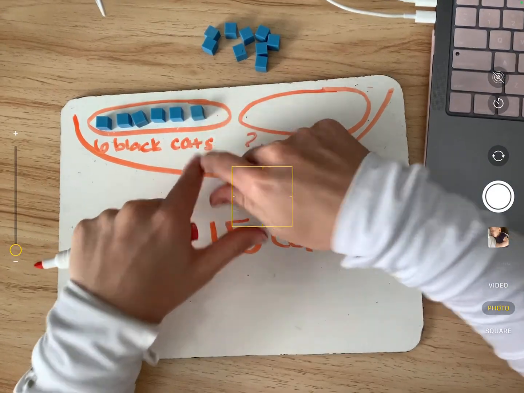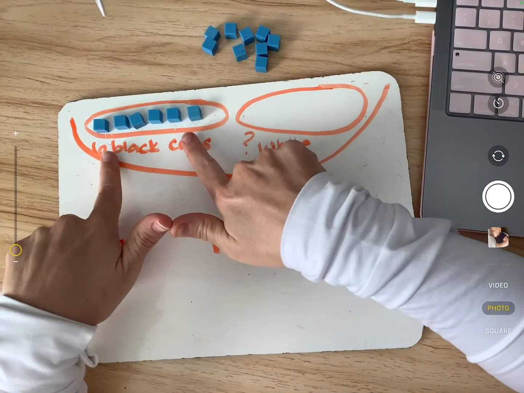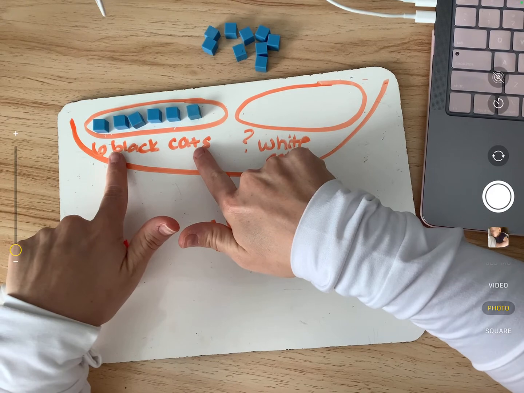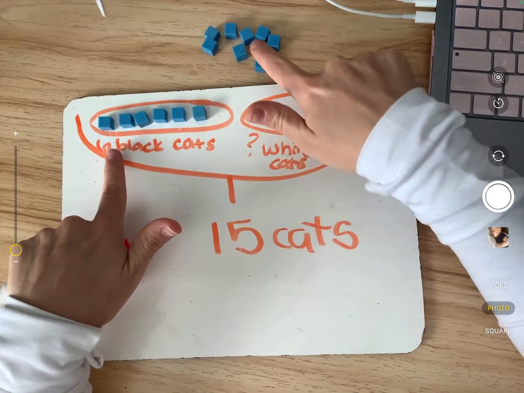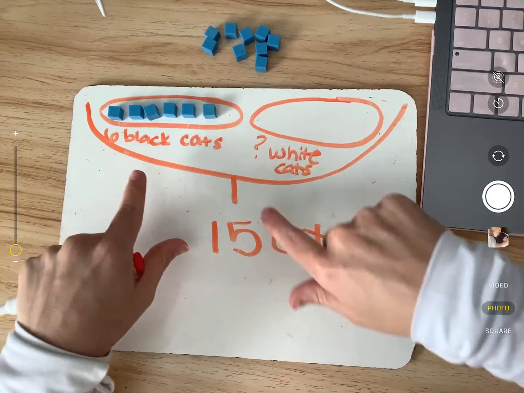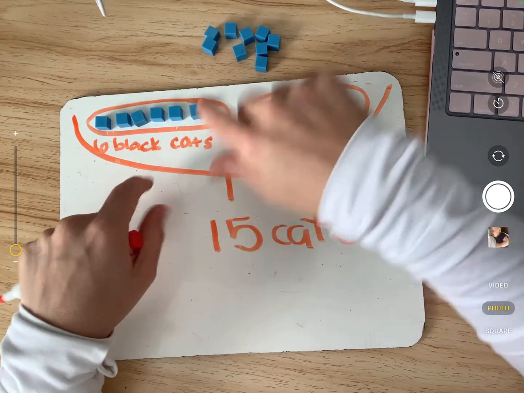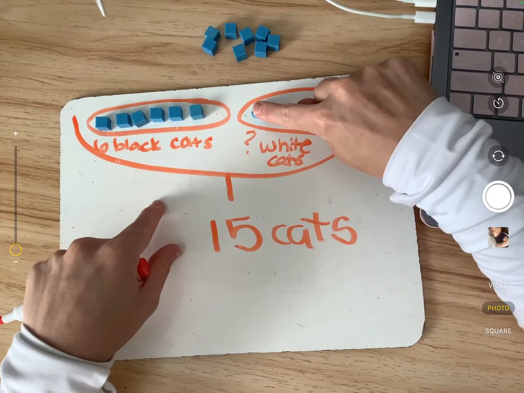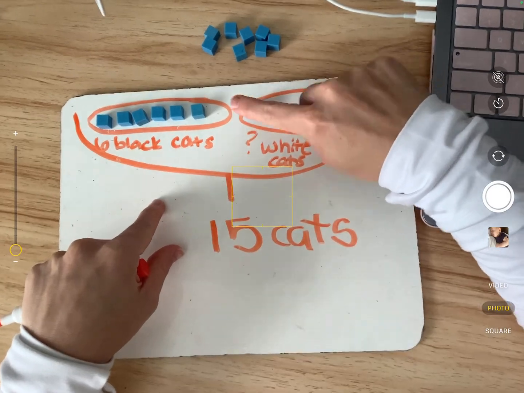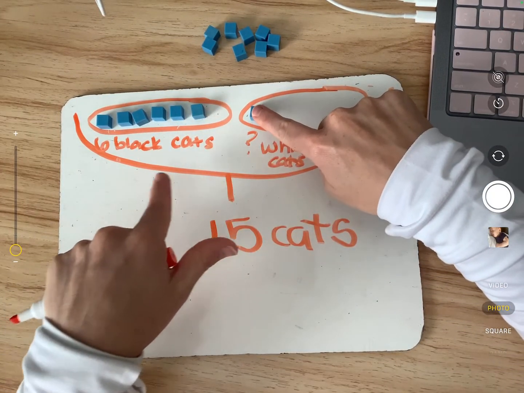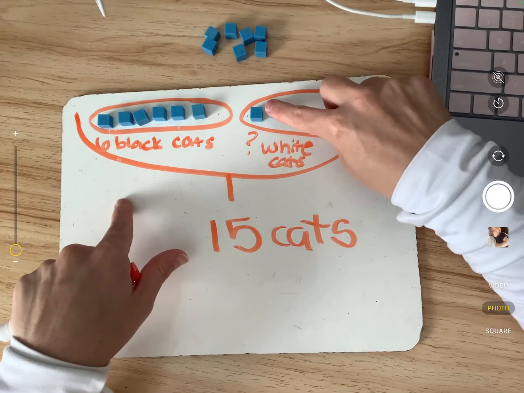So I'm going to count on. I'm going to say 6 because I know there's 6 over here. And then I'm going to start moving cubes into here until I get to 15. So here we go. Everybody say it. Say 6. Okay, count with me. 7. I'm not starting at 1, right? I'm already at 6. I'm counting on. There's 7. Keep counting. 8,